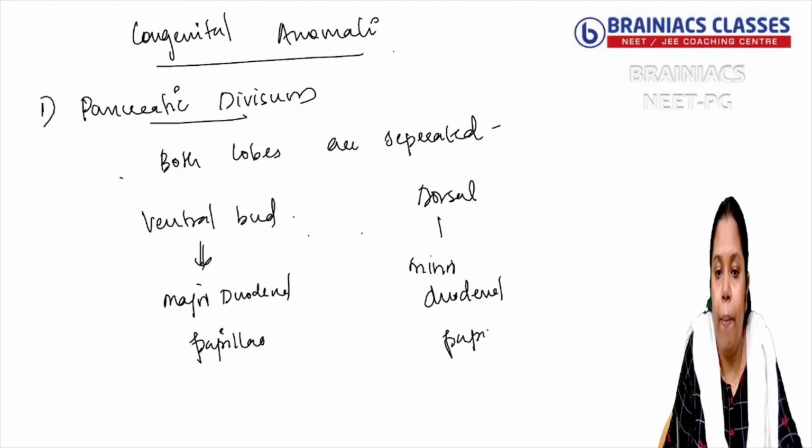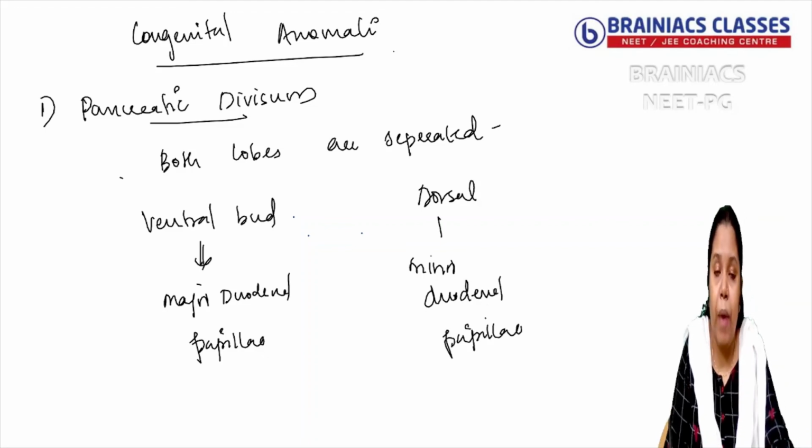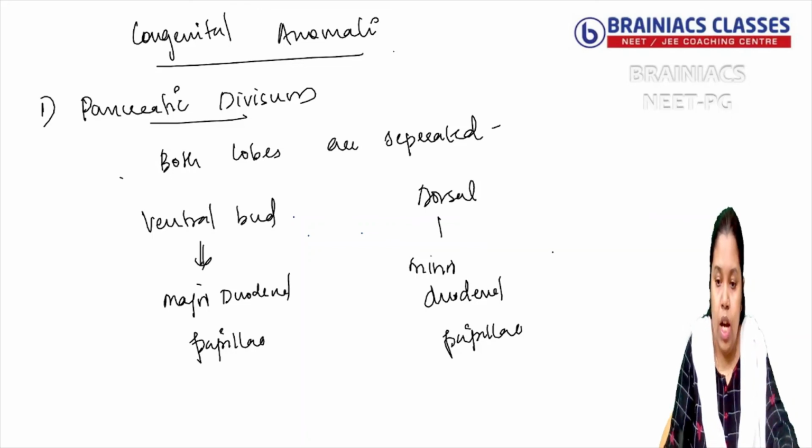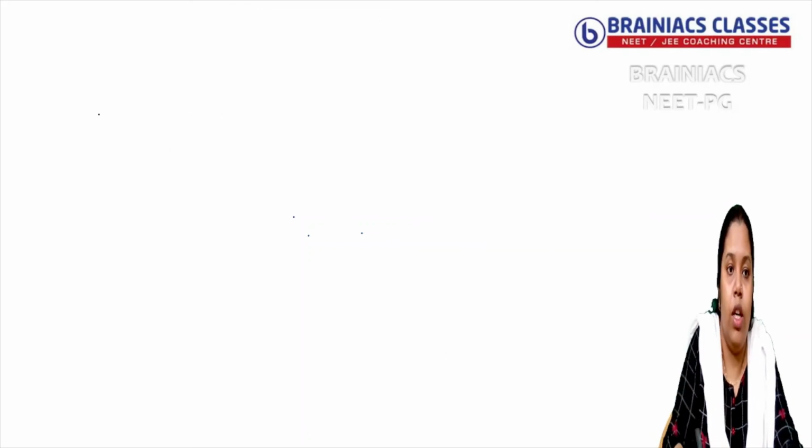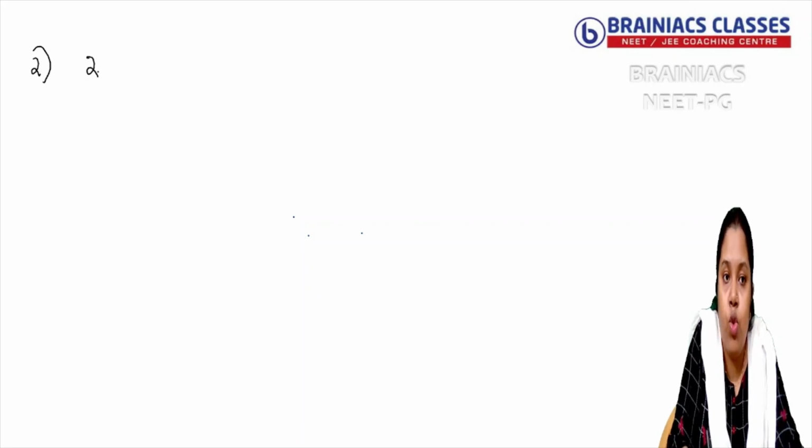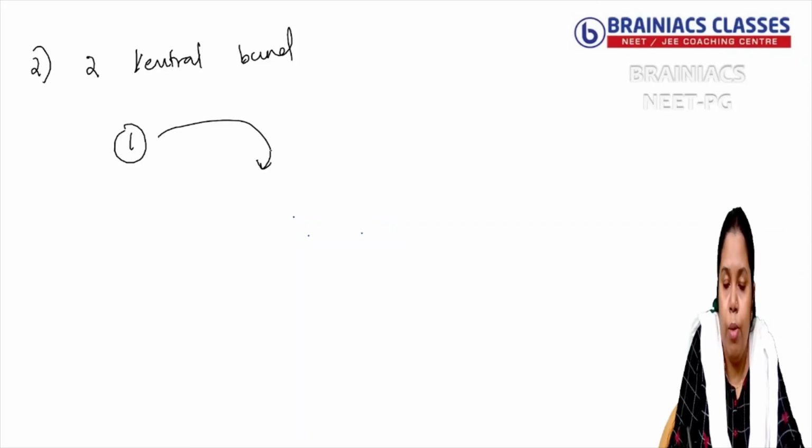Okay, papillae. That is the first one, pancreatic divisor, right? The second one, what happens to the second one? Here, there are two ventral buds. Okay, two ventral buds. One ventral bud will follow the normal path, that is, it goes behind the duodenum and comes and attaches to